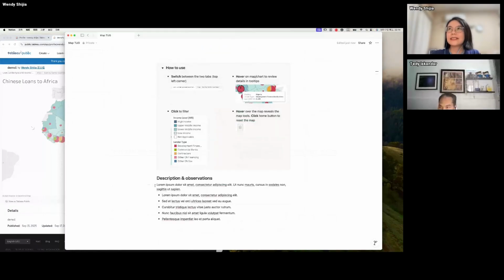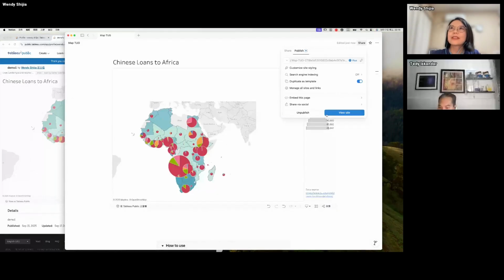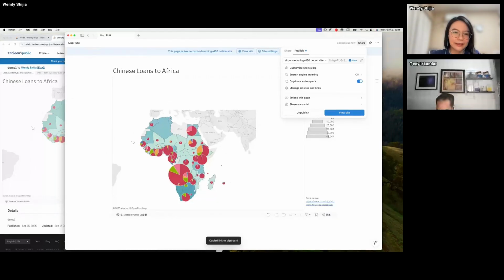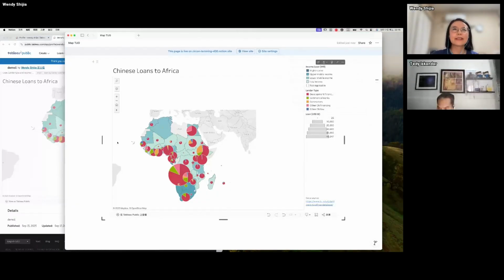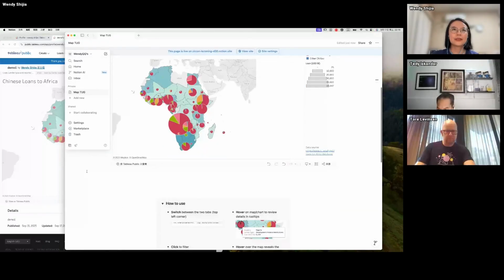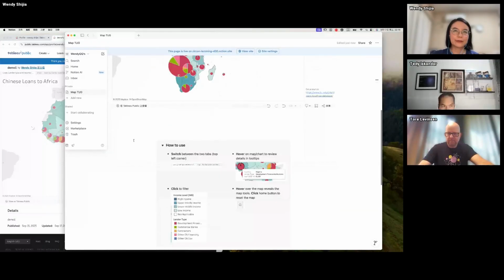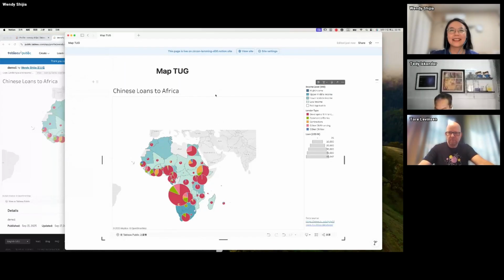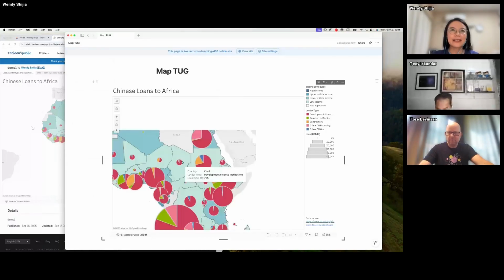And when it's done, I share and publish and share this link. I can put it in the chat. Yeah, and my client will get a very clean page with only the dashboard and also how to use, and my description and observations. And I find that they actually use that, and they use it to inspect what